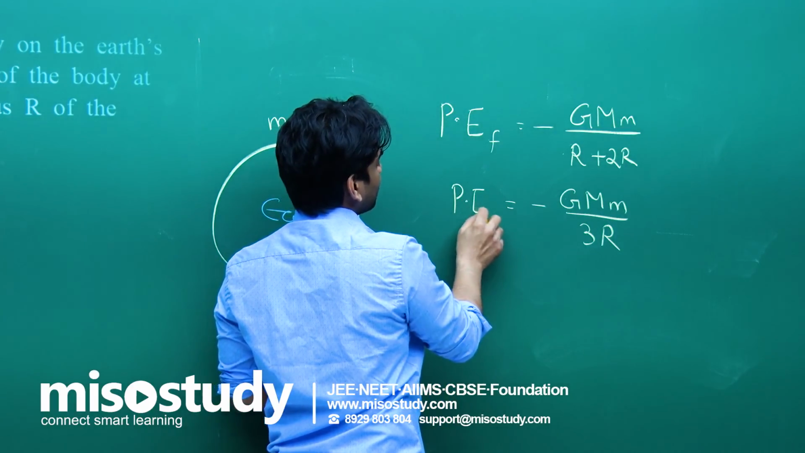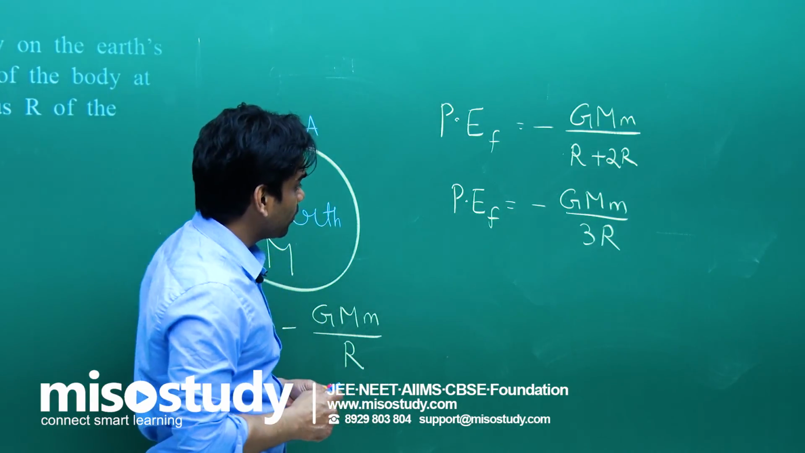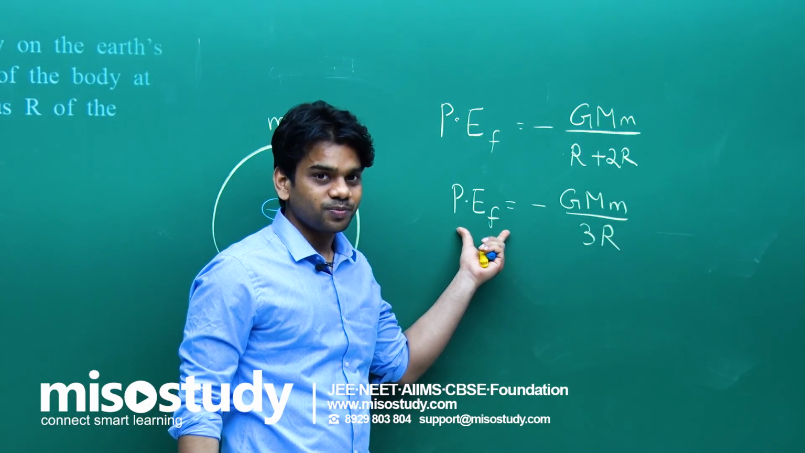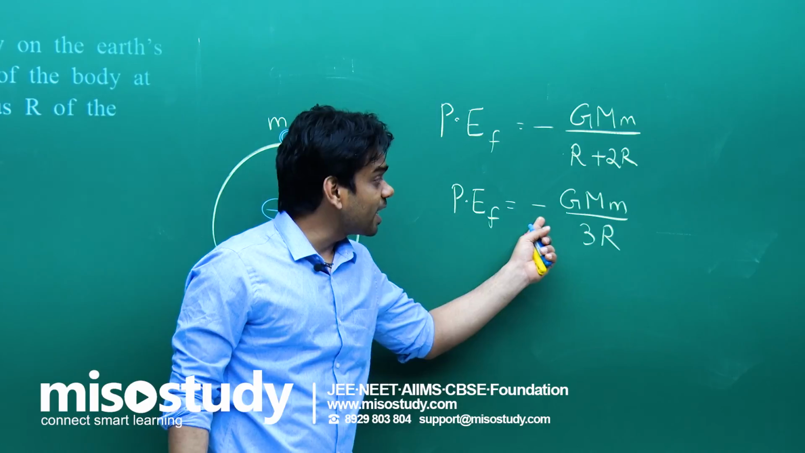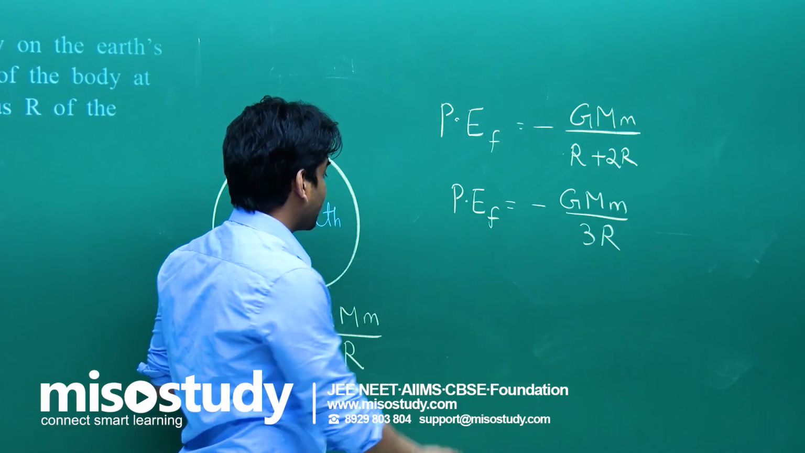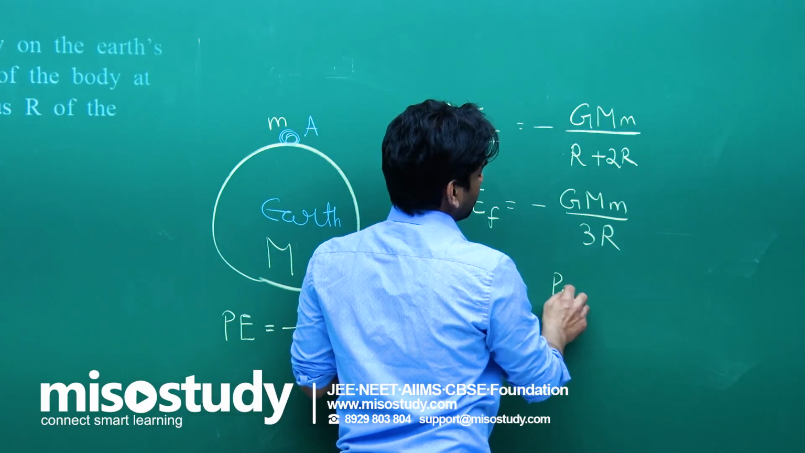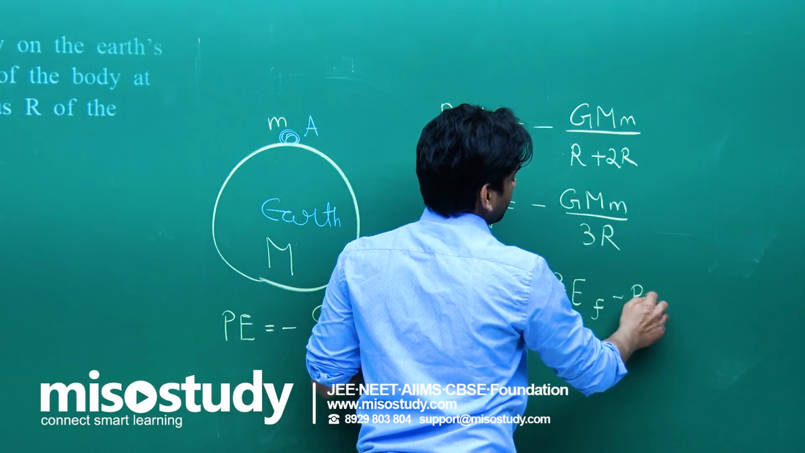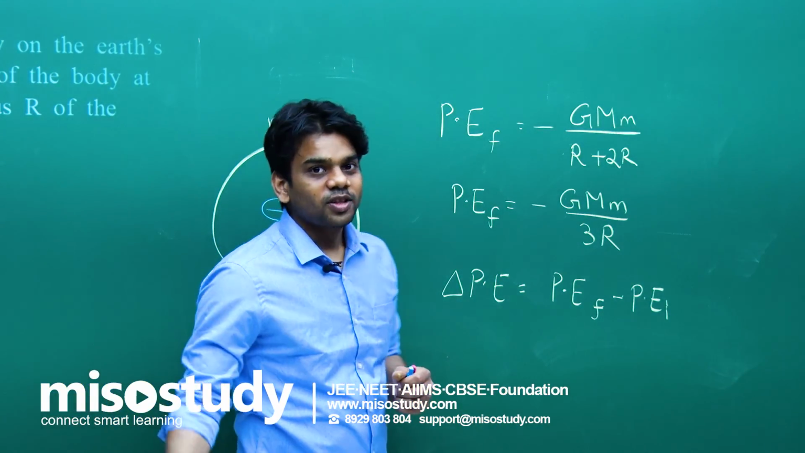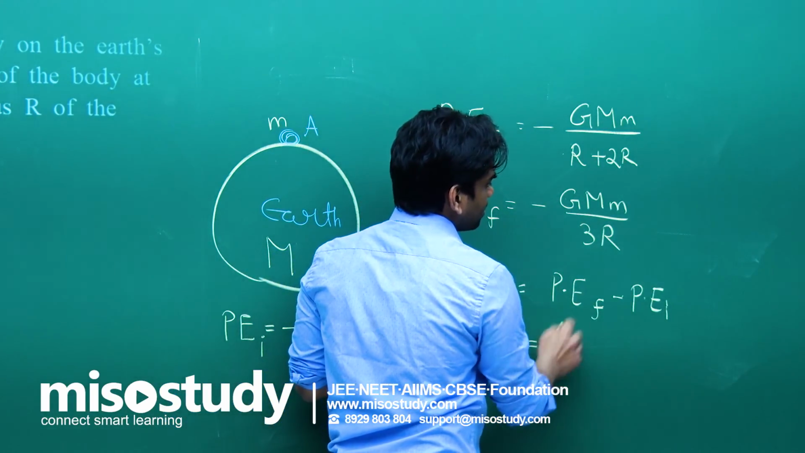Which one is higher, which one is smaller? In terms of magnitude, since we have 3 in the denominator, this will be smaller in magnitude. Both have negative signs, so overall this will be higher. So the change in potential energy, the gain, will be final potential energy minus initial potential energy, where the initial is when the body was at the surface of the Earth. Let us subtract: minus GMm by 3R